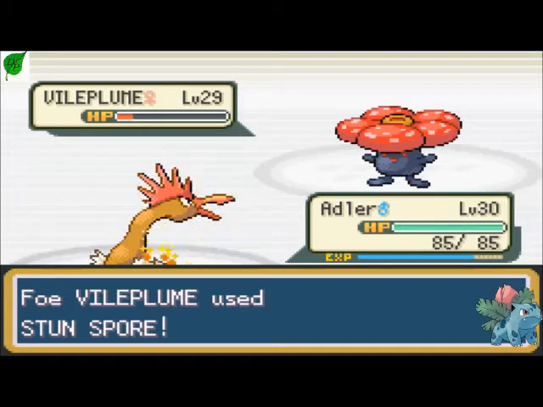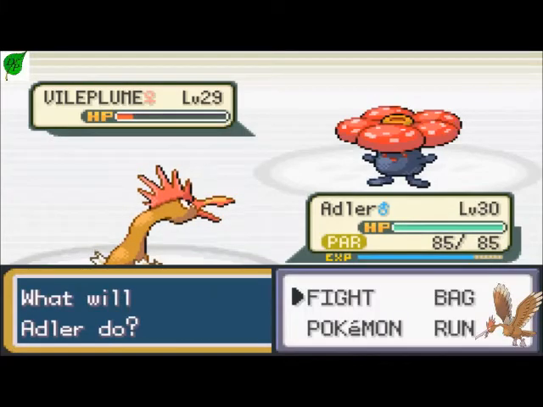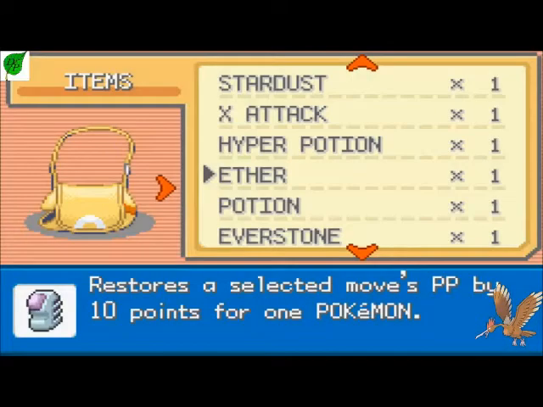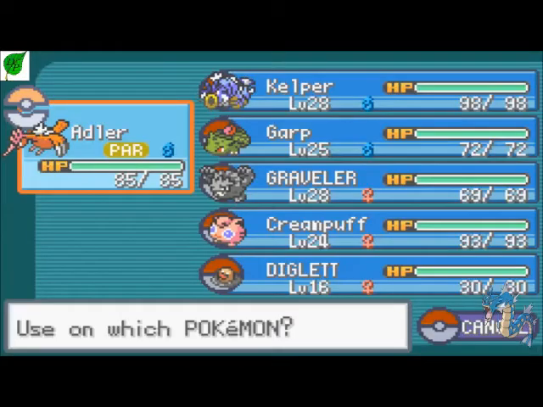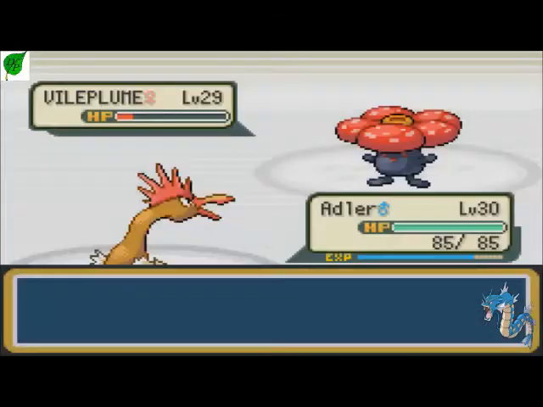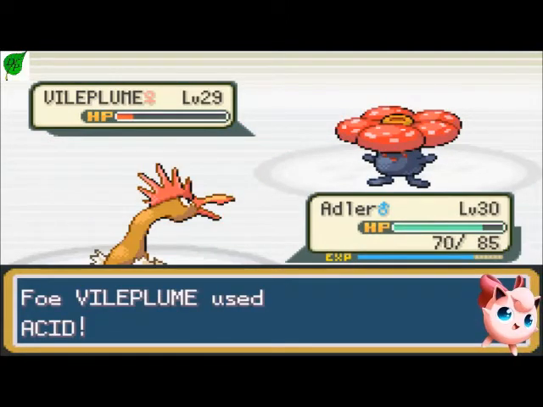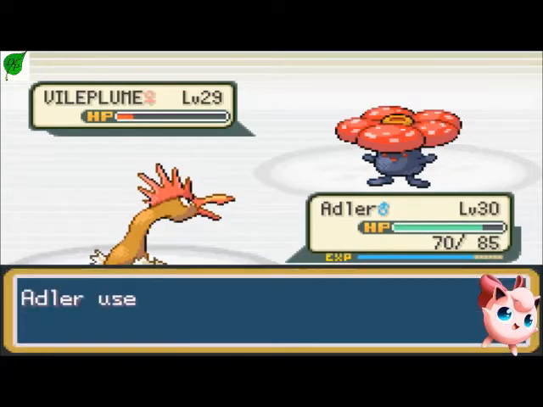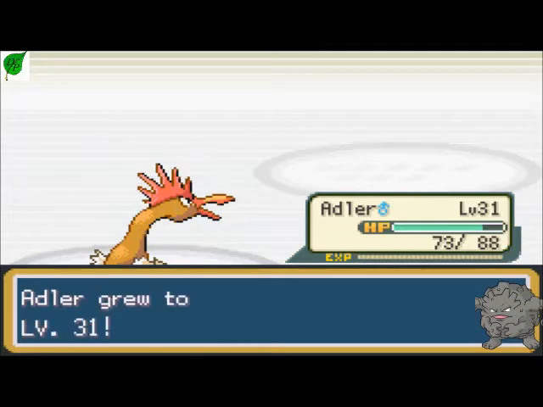You stunned me! I am shocked. Okay, well, you know what? I come prepared. With 1 paralyze heal. The reason why Adler's doing so well is because Fearow are fast. They have high speed and high attack, but low defense, so...